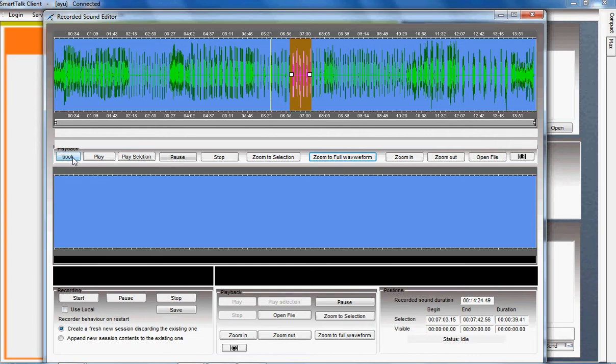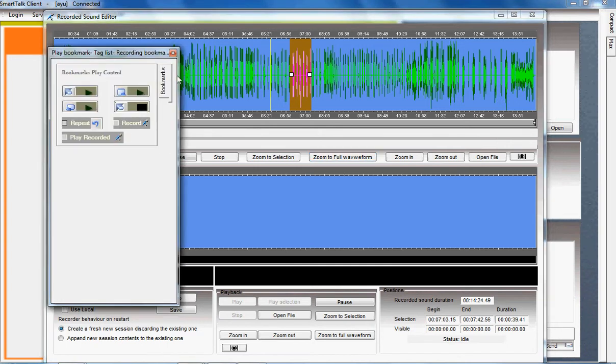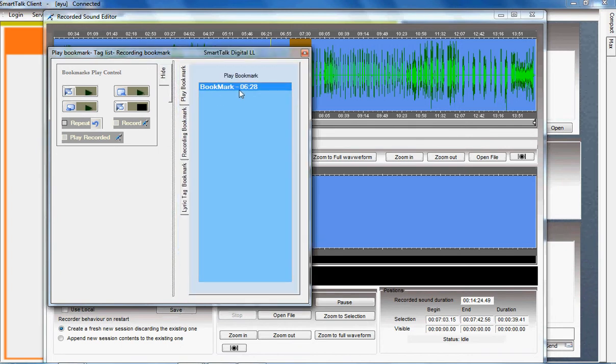With bookmark option, student can select a particular section where he finds difficulties to pronounce, so he can click this option to add bookmark by right clicking it, and he can continuously listen to same track.